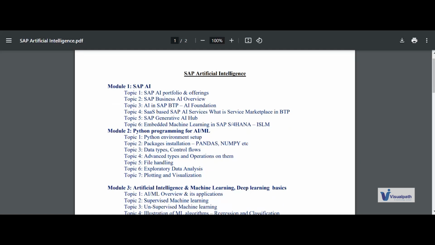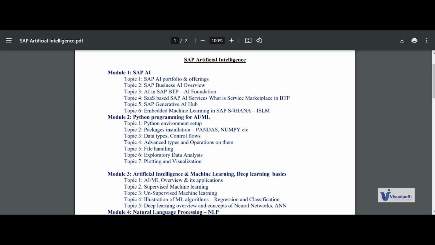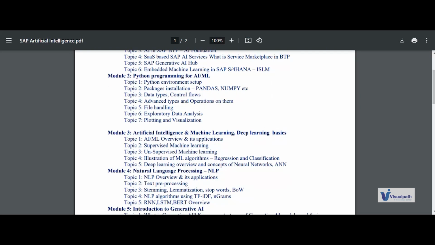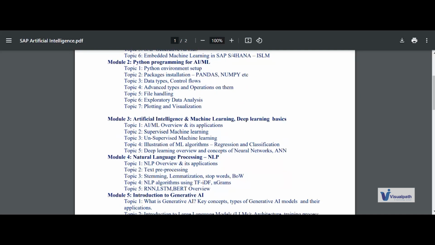And how do you start writing code in Python? We don't go really deep into it because we don't need that much, but we cover what is necessary to build an SAP AI application. Then we get into the basics of narrow AI topics, be it machine learning, NLP, or deep learning, with simple examples.